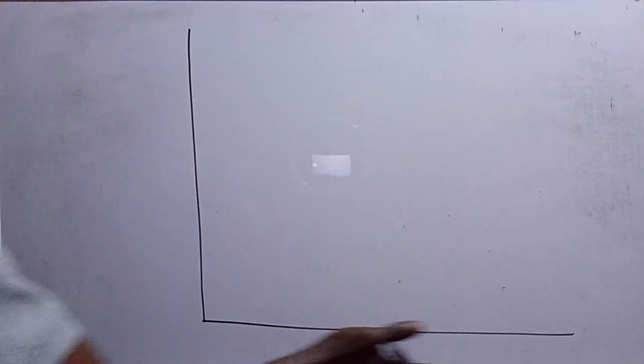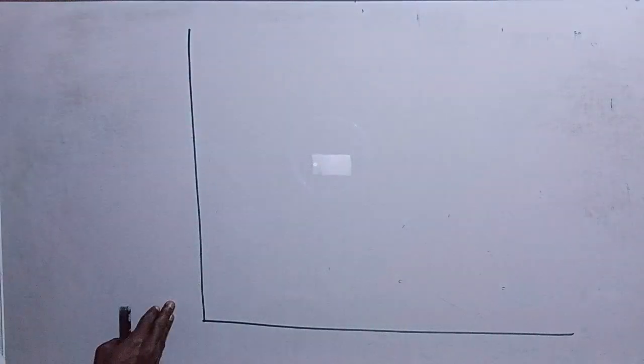So the number of days will come on the horizontal axis, while the number of eggs will come on the vertical. So anytime you are asked to represent information in statistics, the frequency, particularly in all these charts, bar charts, histogram, frequency polygon, and the like, the frequency will come on the vertical side,